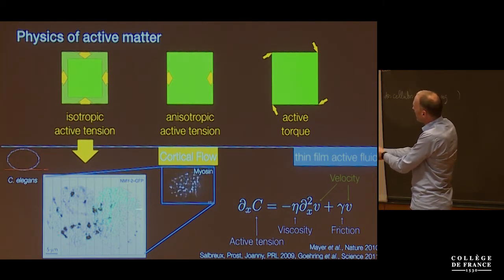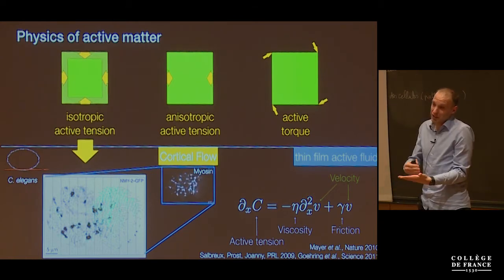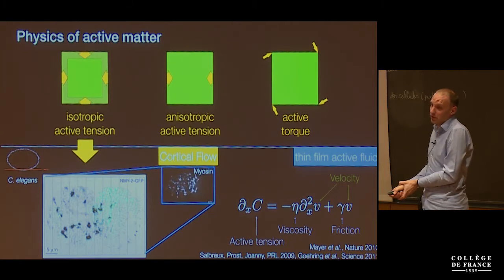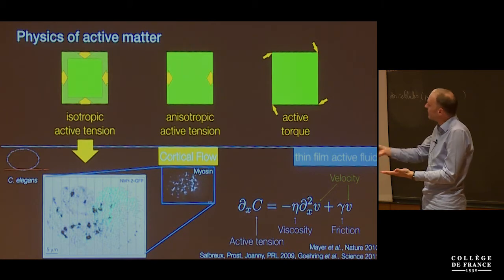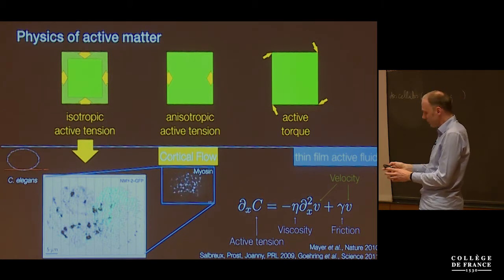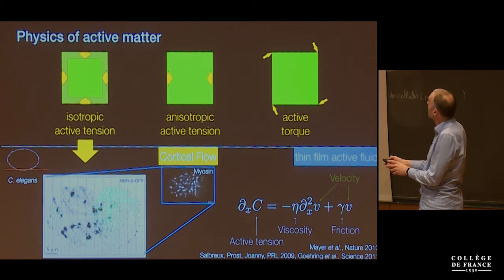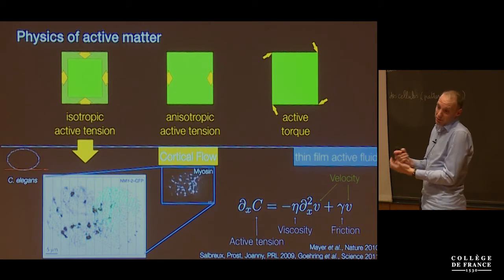And what we can do with this type of force balance equation is we can measure the amounts of molecular motors at a mesoscale and relate the densities of motors, the field of motor density, with the velocity field in a quantitative manner. So that's force generation in an essentially isotropic actomyosin meshwork.